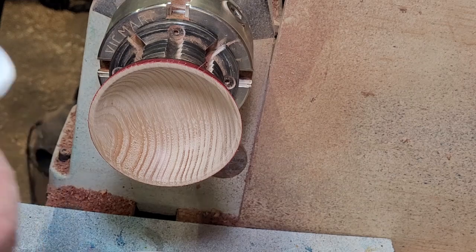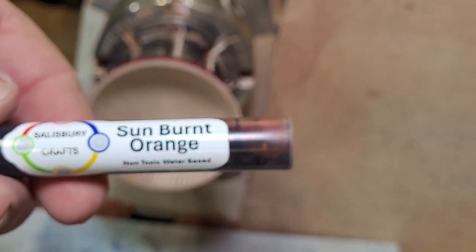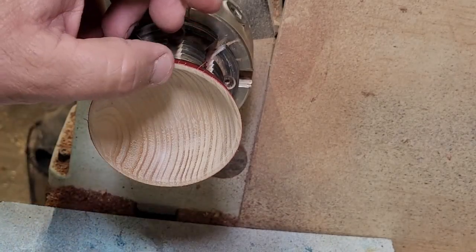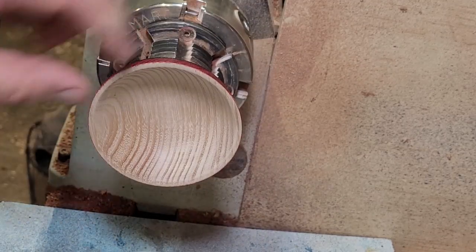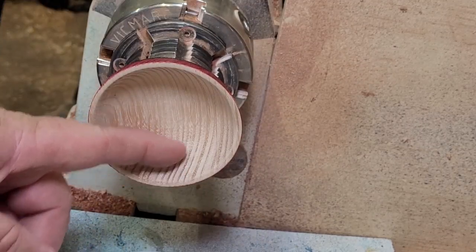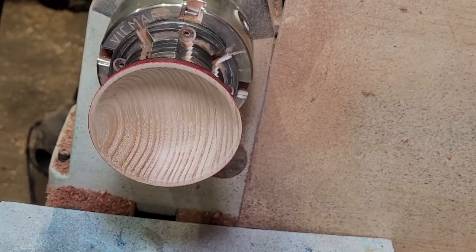I also have the sunburned orange in one of Jason's textures. So I'm going to put the sunburned orange on the rim with the texture, and that's why I'm going for the sunburned orange on the inside. I'll brush it on the inside and put it on the rim with the texture so we can see if there's a lot of difference between the texture and the paint application method. So what did I say? Orange in the bottom,